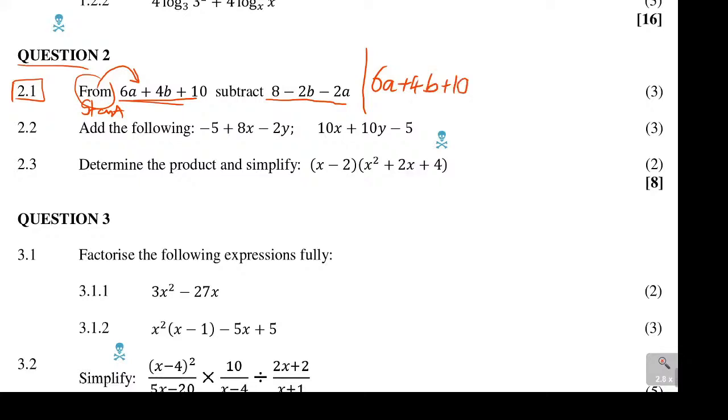So from that, subtract means minus. Now, minus what? Subtract 8 minus 2b minus 2a. If you wrote it like that, trust me, you have got it wrong already. You are not going to get it right. The reason being that, yes, subtract means minus, but where is the error? If you forget that bracket there, because this negative is affecting the 8, it is affecting that. But the way I had done it, let me go backwards. I just said subtract and I left it like that. It means you're only going to say